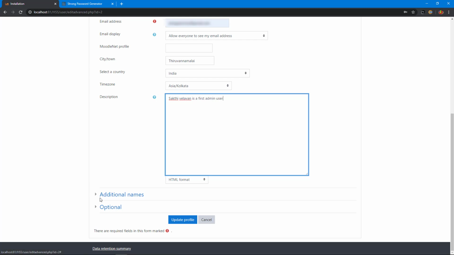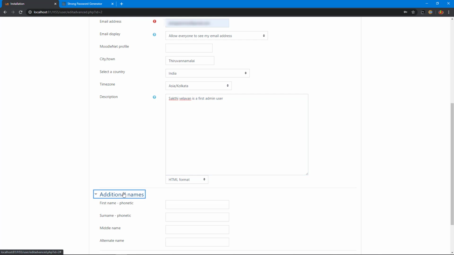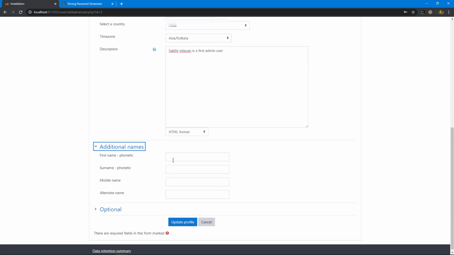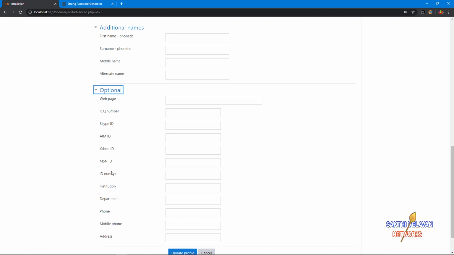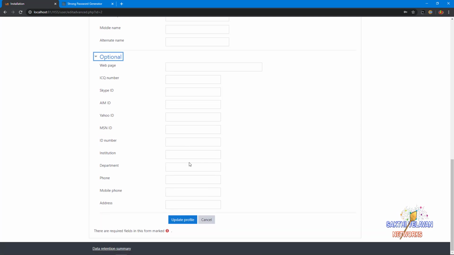Then you click additional names. You can set additional names here and you can set the administrator's Yahoo and MSN ID here. I leave all those things and I click update profile.